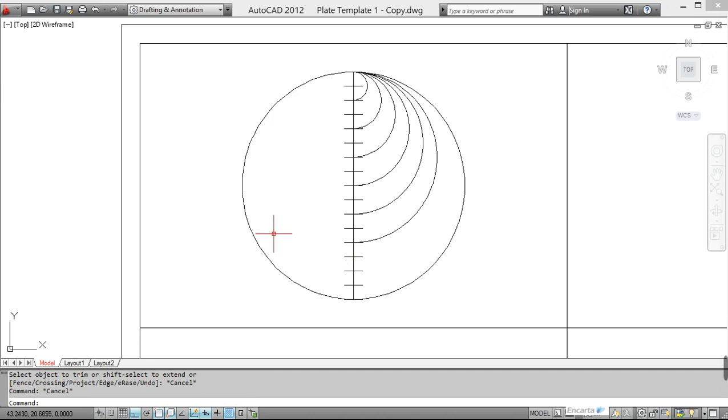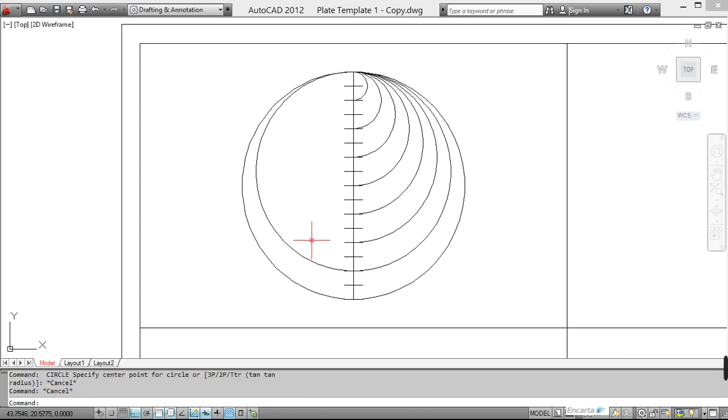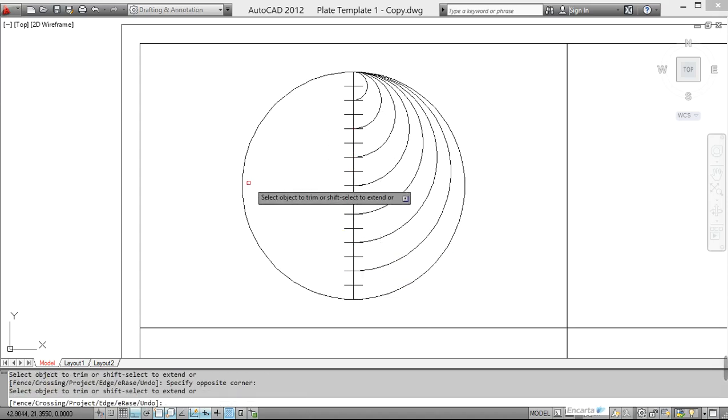So the key here is to locate the center of these semicircles. 2, 4, 6, 7. And that's it. Then on the other half,